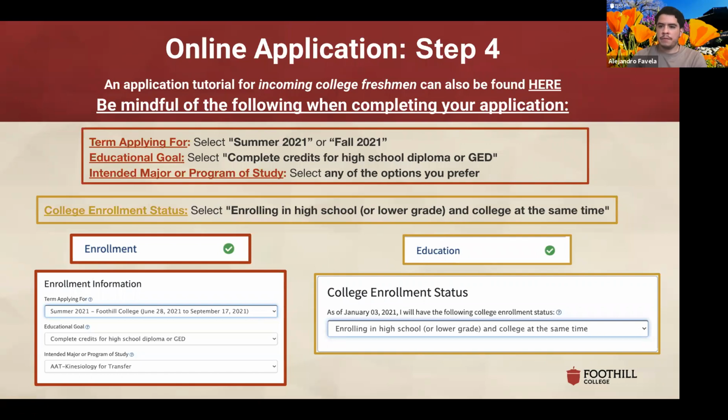Just some important things to keep in mind here. Depending on what term you're interested in, if you're interested in taking summer classes, then you would select summer, or fall. You're completing credits for a high school diploma or a GED. And then this question right here is the one that I definitely want to highlight, the